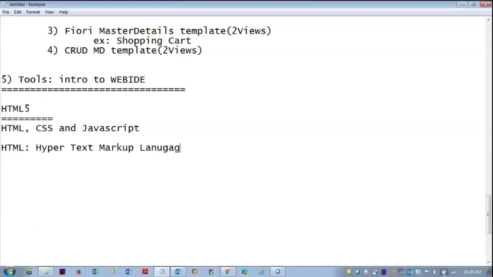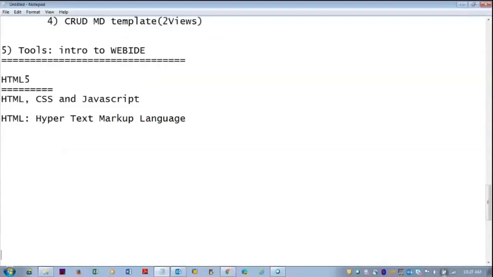Though you're not required to learn all the coding of HTML, which is not required, slightly when we come out of the box thinking from your ABAP and you're coming out of that, then this can be a little bit difficult to understand, but most of us might be having knowledge of this HTML.